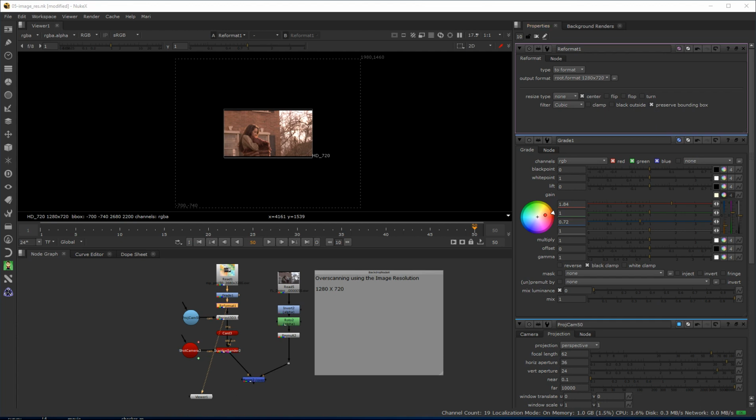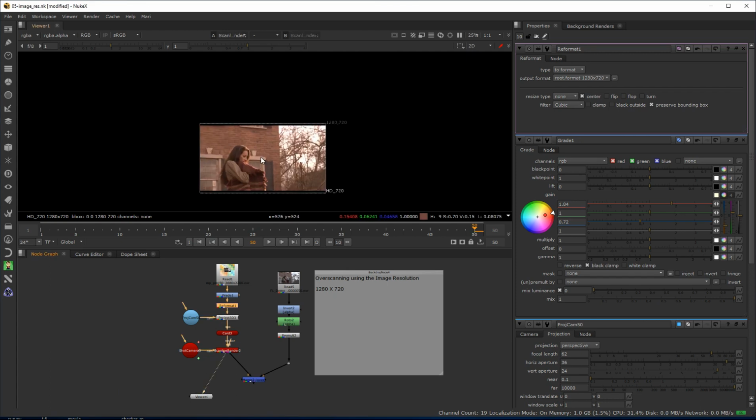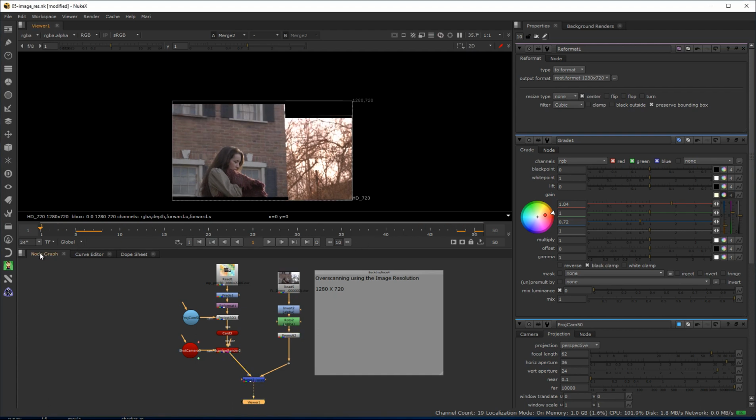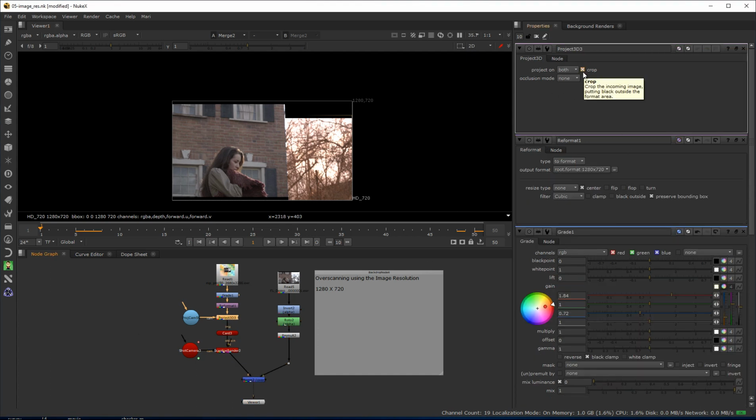So if I switch back to the scanline renderer, I guess the problem here is that our pixels are still not coming through. In fact, if I put it on the merge, we should see this even better. If I drag this back in time before the camera reaches its bottom position, we can see I've got a big chunk of area up here where I'd be expecting to see my checkerboard pattern, but I'm currently not. And this is because of an attribute inside the Project 3D node. So I'm going to open the Project 3D node, and you can see that there's a crop attribute inside the 3D node. So I need to uncheck that,